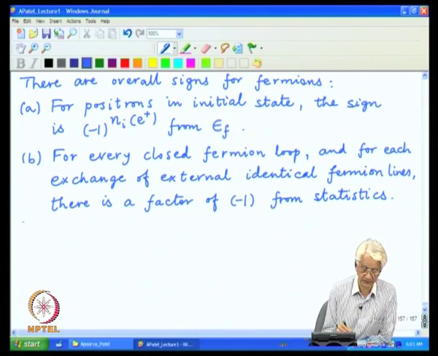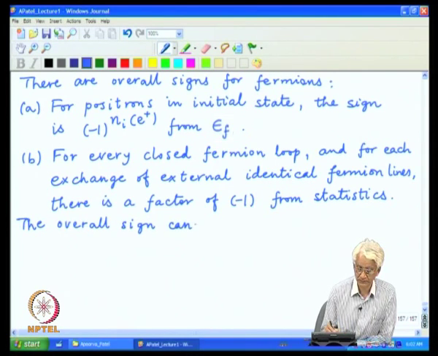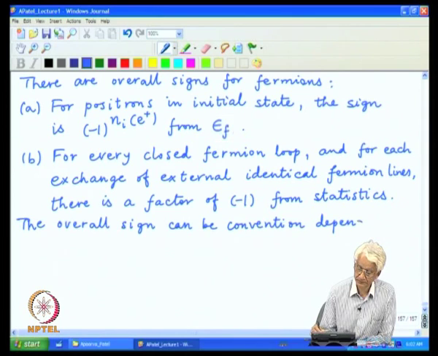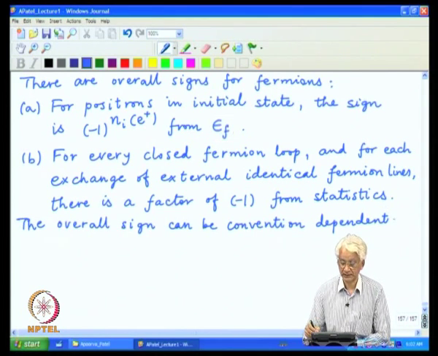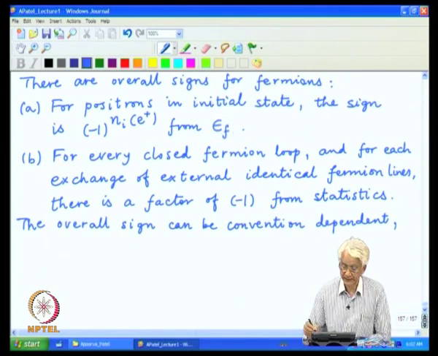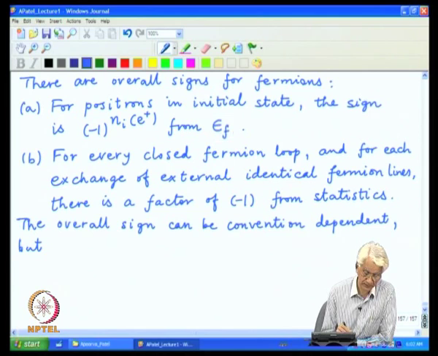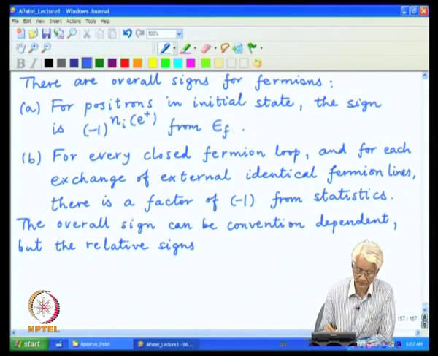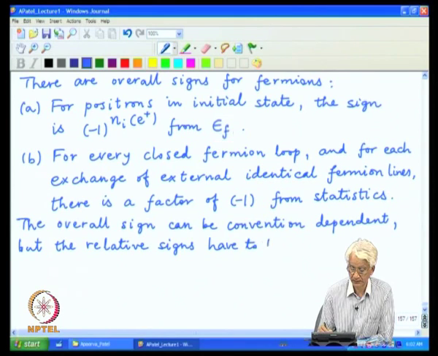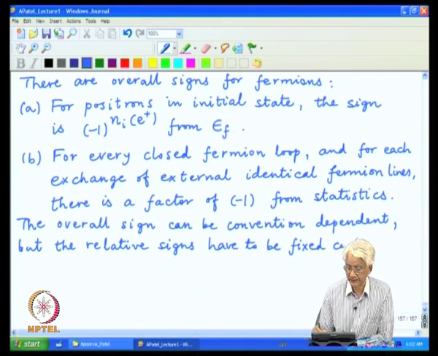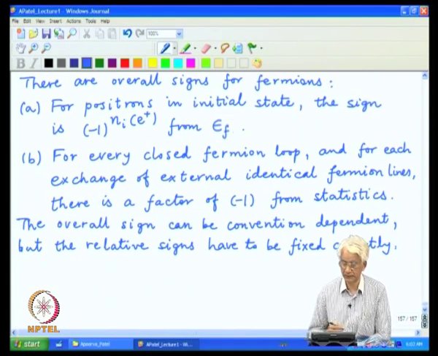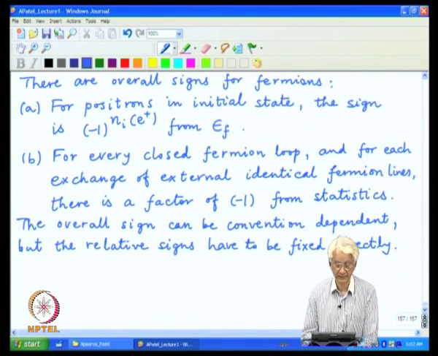And one more thing one can keep in mind, that the overall sign can be convention dependent, because quantum wave functions cannot be specified with an absolute value of phase, but the relative signs have to be fixed correctly, because they correspond to observable interference effect, and if you do not get it right, the answer will not be